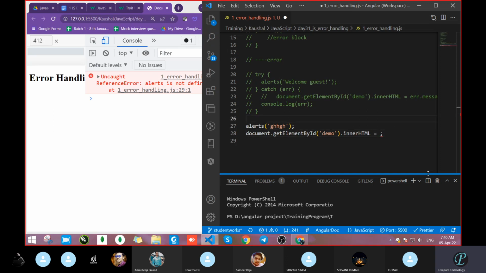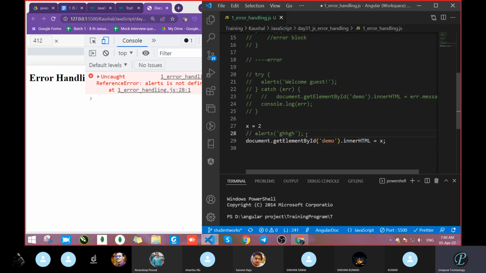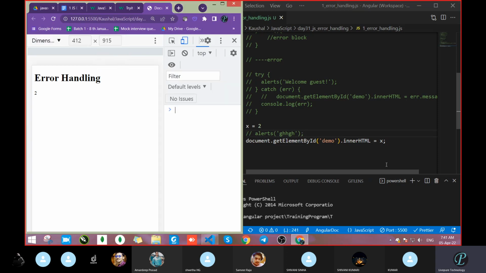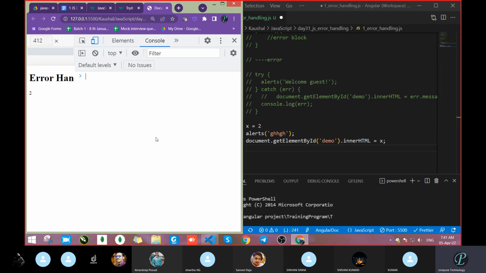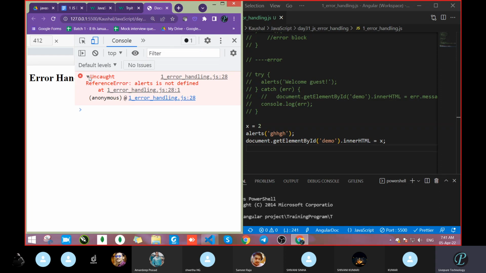Suppose that here we are writing x equal to 2. Fine. We can get this x with the help of the x variable and it will print. Wait, it is blocking this line. Yeah. So we got the 2 on the UI side. Correct. But the same thing, it's coming as an error. How will we take this error and pass it to the UI in the message? There is no variable, so how will you pass? There is no option, because we want the message, whatever error is there. So we don't know how to get this one.